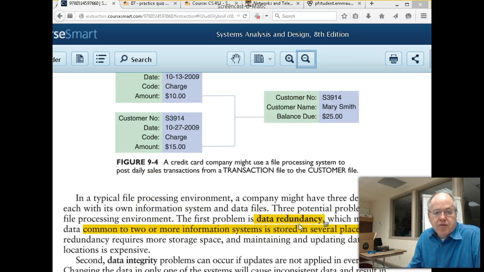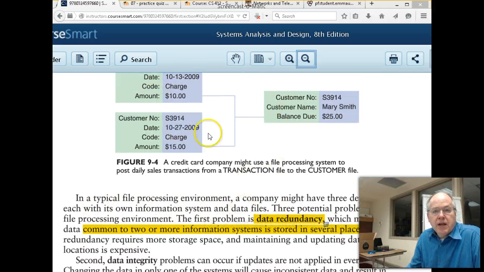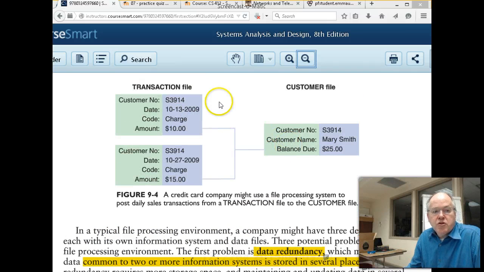And here's the problem with the file processing. Typically back then with file processing, you didn't keep all your files in one place. Each department had their own system and data files. And so if you duplicated a system, or you were keeping track of the same customers, say they're maybe healthcare,